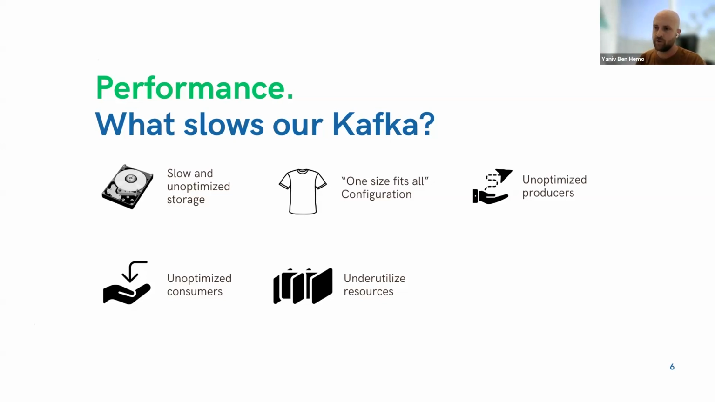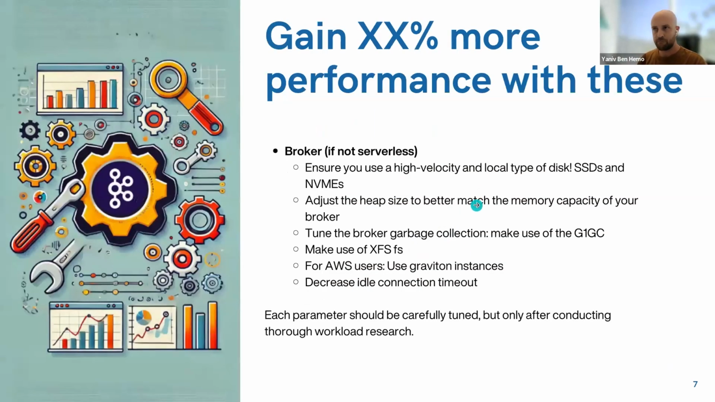Unoptimized producers and consumers, and that's sometimes surprising folks. Unoptimized producers and consumers actually are your biggest bottleneck, and not Kafka itself, not the cluster or the brokers, but actually unoptimized producers and consumers, and underutilized resources. So I'll try to be very brief here. You can gain a two-digit percentage of performance with just these following tips that you're about to see, from brokers to